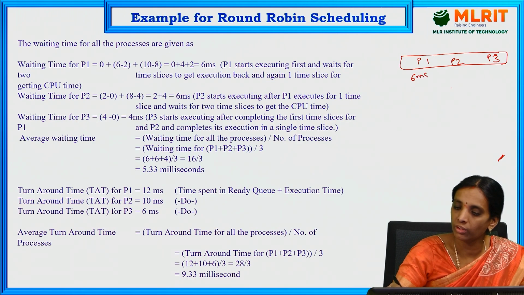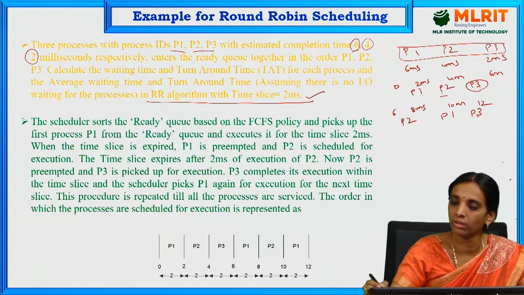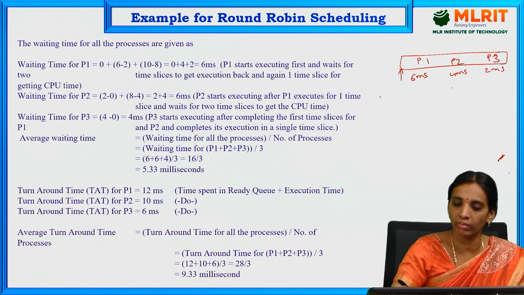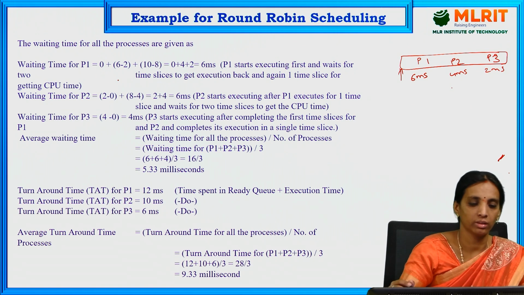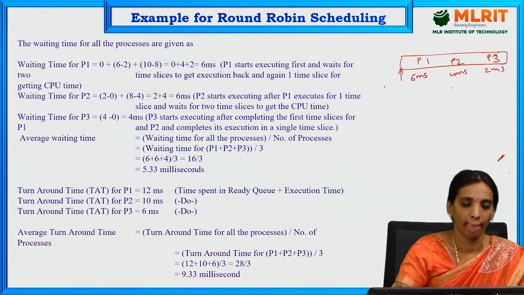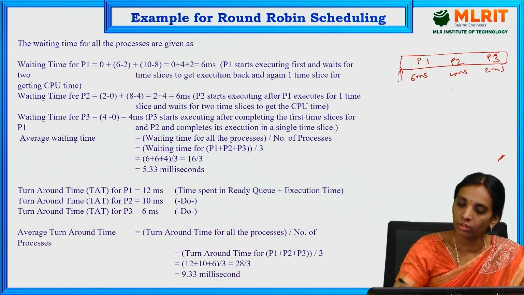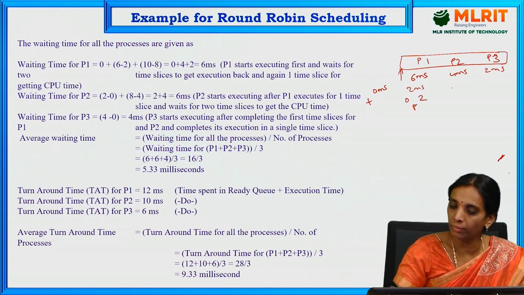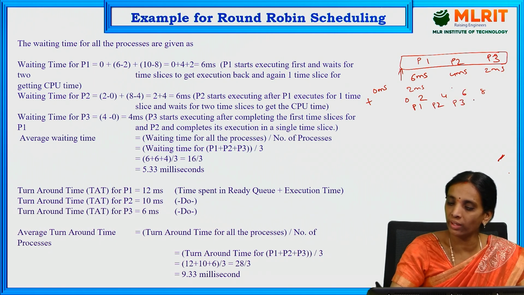It takes 6 milliseconds, it takes 4 milliseconds, it takes 2 milliseconds. So the waiting time for P1 is 0 milliseconds. So the waiting time is here 0 milliseconds plus. So here the time slice is 2 milliseconds. So from 0 to 2 P1, here 2 to 4 P2, 4 to 6 P3, again from 6 to 8